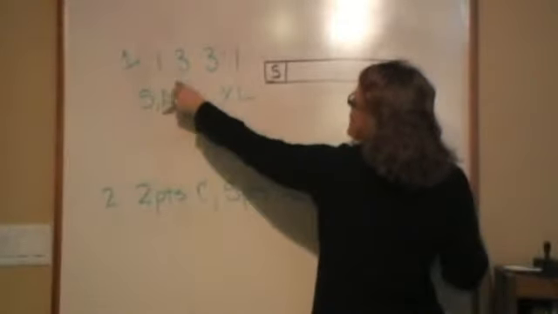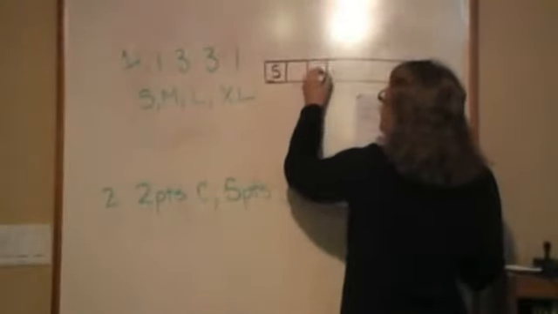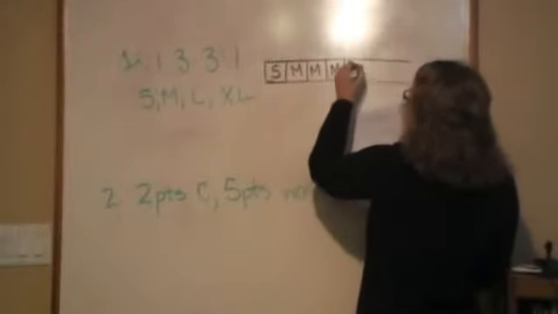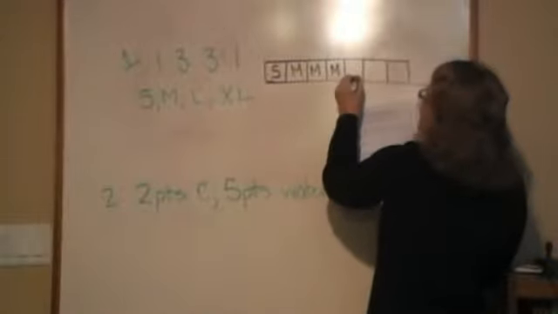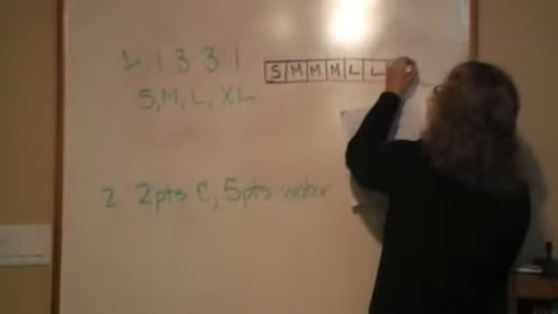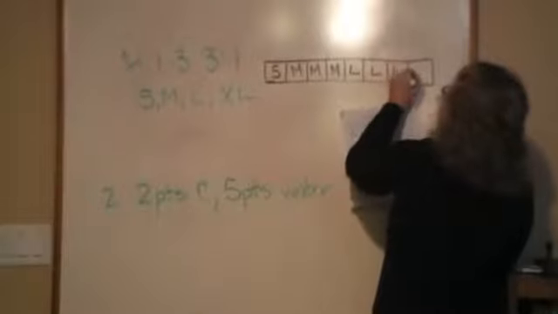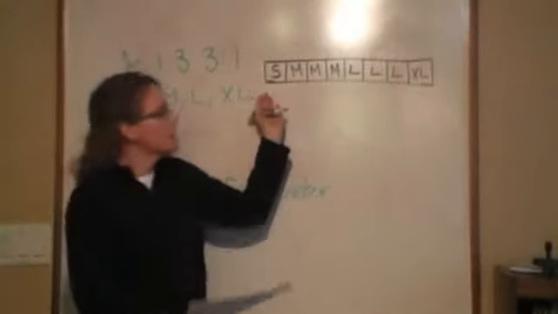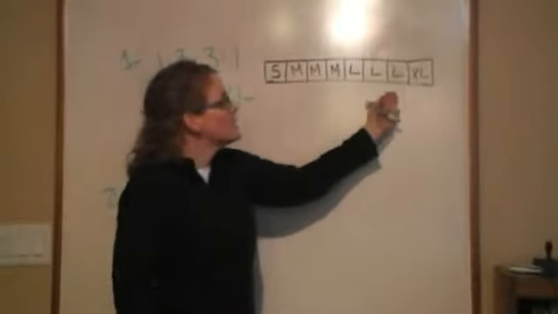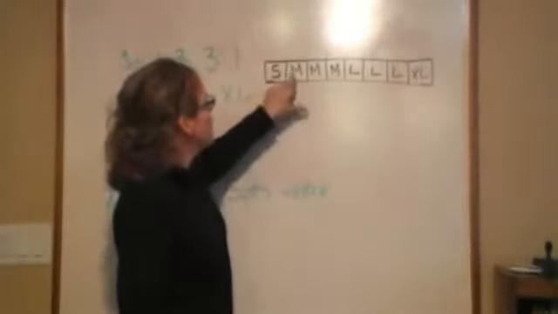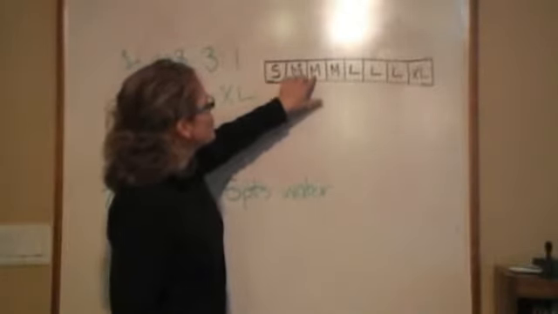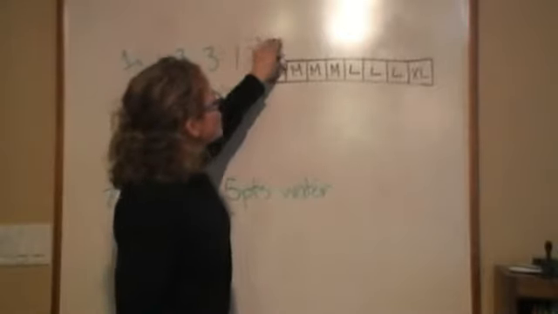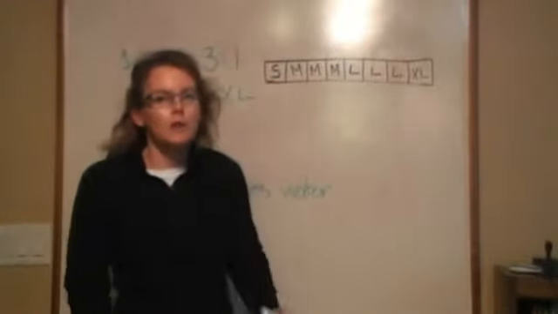And then we have 3 for the mediums. 1, 2, 3. And I'm going to put an M in there for mediums. And 3 for larges, L, L, L, and 1 at the end for an extra large. So this is what she's asking for in A, is to draw this bar model, because this is showing that there are 3 times the same number of mediums as there is of smalls. Now, we don't know how many there are total,